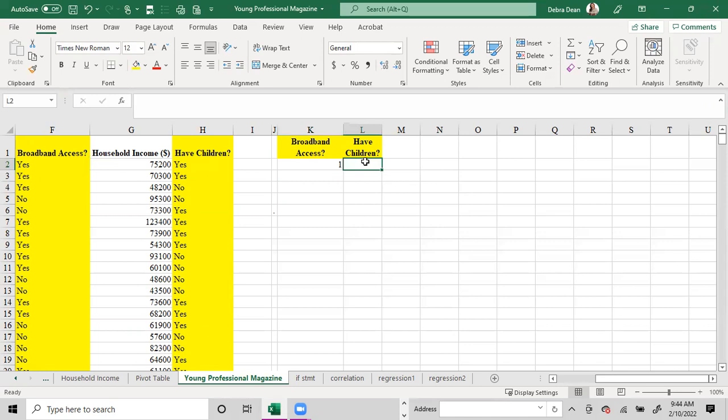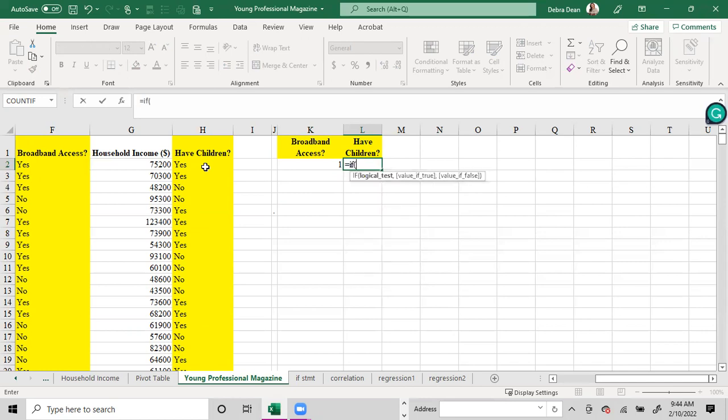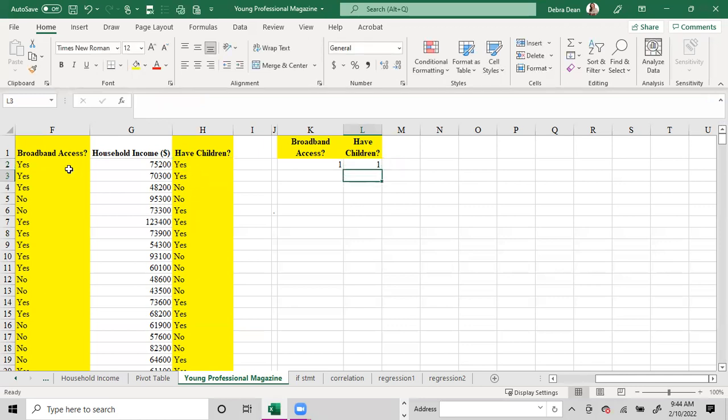Okay, we're going to do the same thing with has children, equals an if statement, parentheses, H2 equals quotation marks, yes, in quotation marks, comma 1, comma 0. So same thing. If this cell says yes, we want it to be a 1. If it's a no, we want it to be a 0. Okay, so far so good. Both of those say yes, and both of these say 1. And we want to drag this down